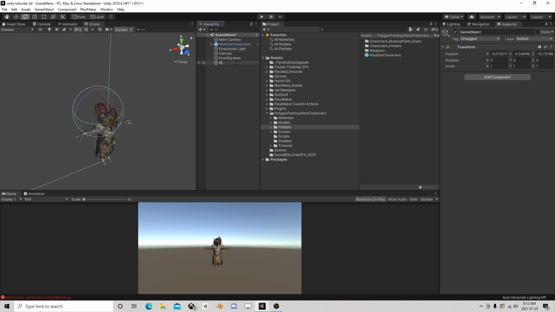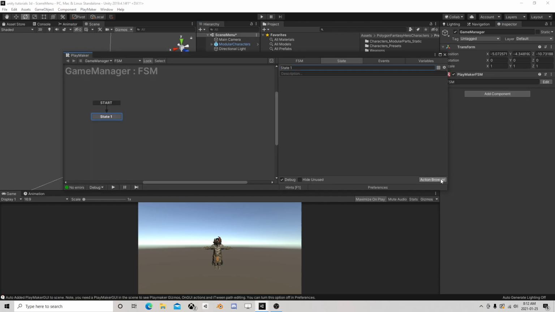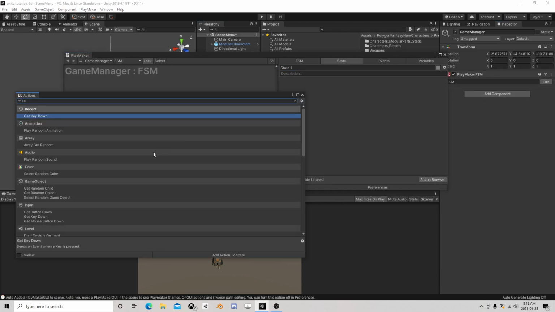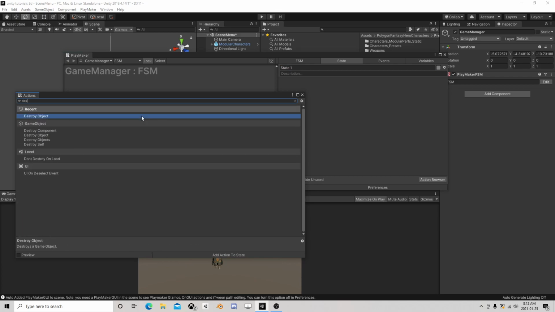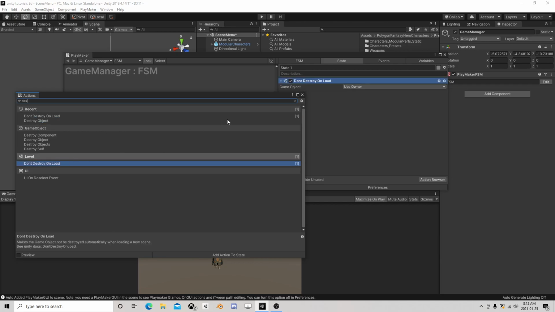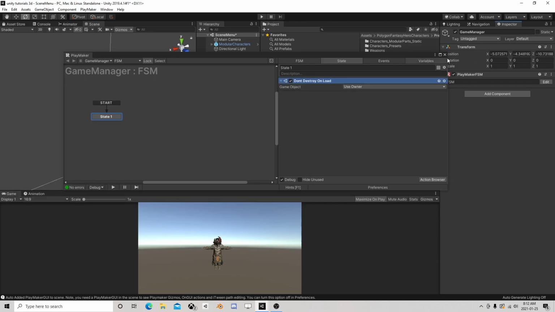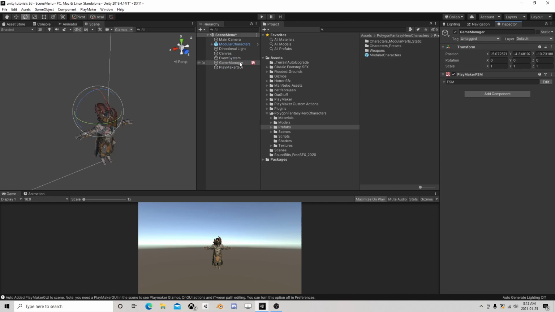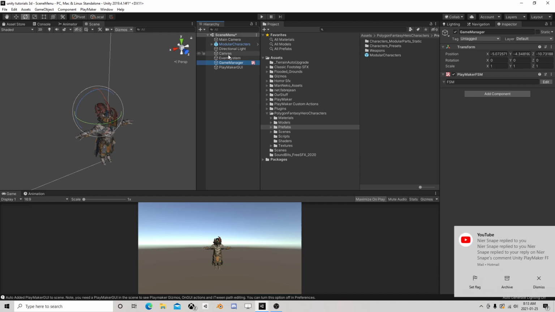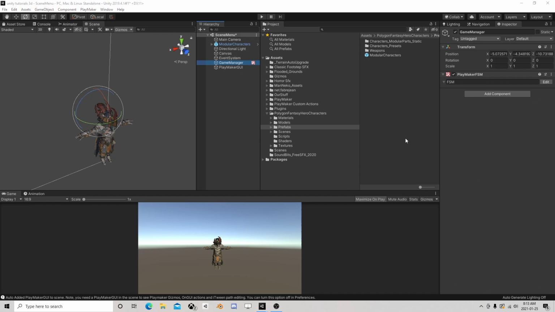So I'm going to make a game manager, and on this FSM he's going to have an action called don't destroy on load. That's what we need. That's it. That's all it needs. Now when we go to another scene, he'll still be in this new scene. Okay, that's important. So let's